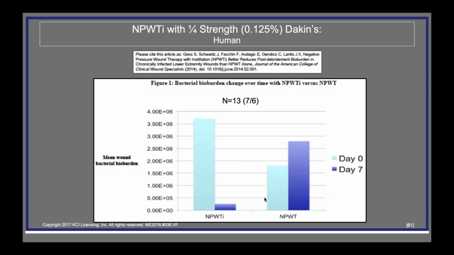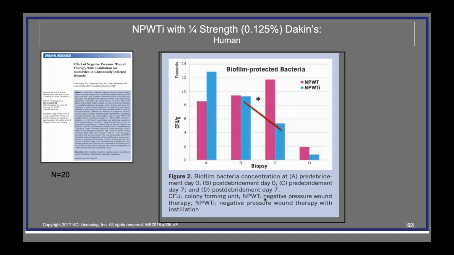So the complexity of the patient is increased and the complexity of the wound is increased. So now we have something that's better, where I suggest it's instillation therapy. This is the second part of the study that he published as a follow-up to the first paper. It essentially says the same thing. With standard negative pressure, the amount of bacteria here in colony-forming units dropped with instillation therapy versus standard negative pressure